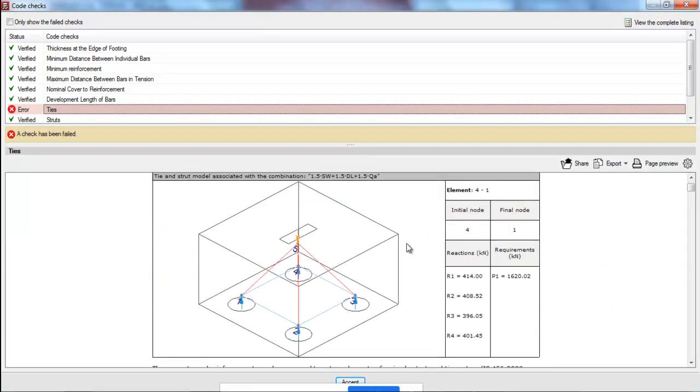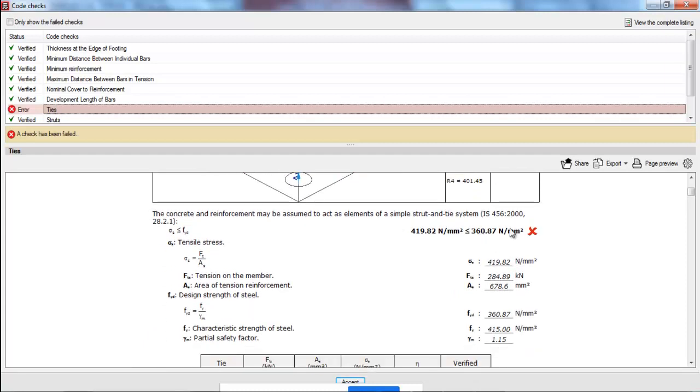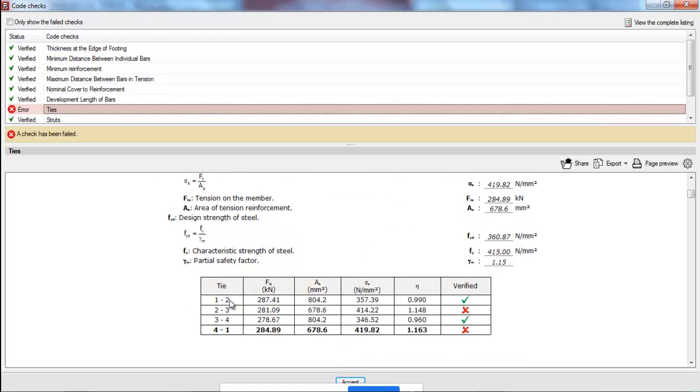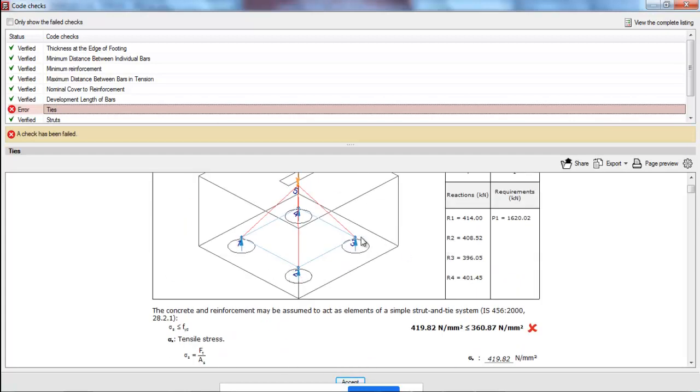See, this is actually the pile cap design calculation. Software is giving us the pile cap design calculation. It says there is a problem with the reinforcement that is provided. Okay, where is this problem? This is from the tie 2 to 3 and 4 to 1. This is the steel that is provided, steel is not sufficient, 2 to 3 and 4 to 1. So where is 2 to 3 and 4 to 1? See, this is 2 to 3 and 4 to 1, that is the vertical direction reinforcement provided in this direction.